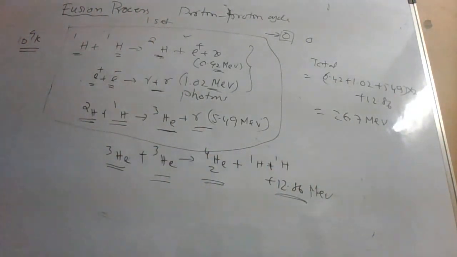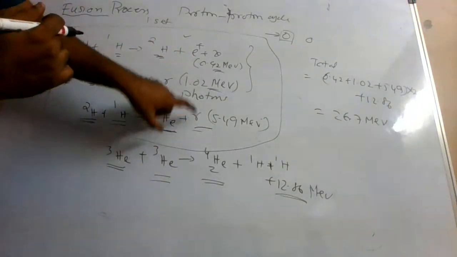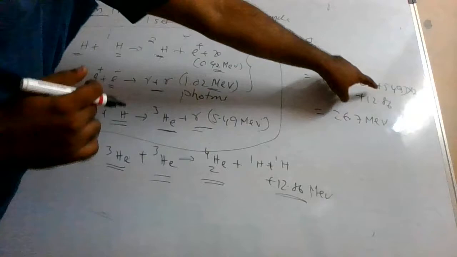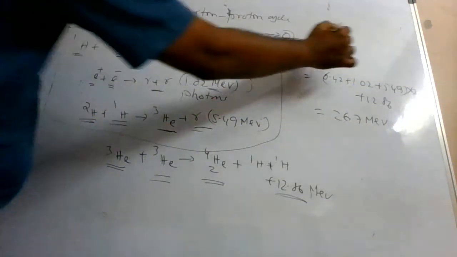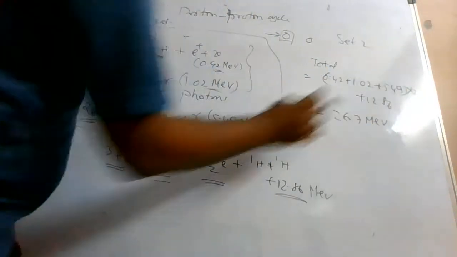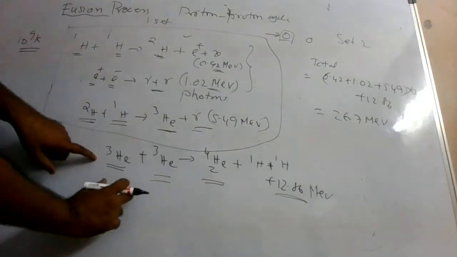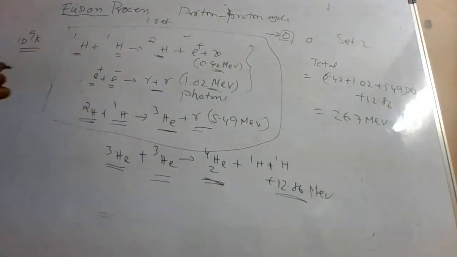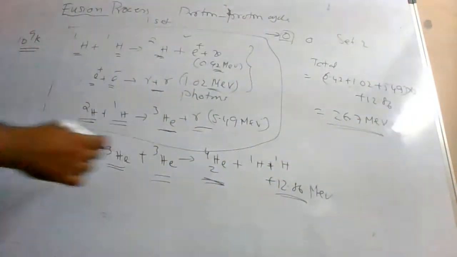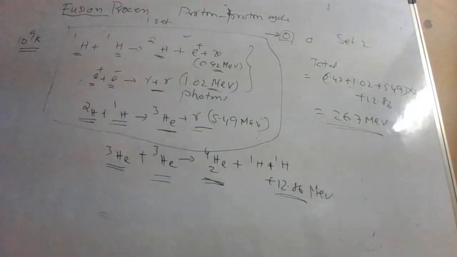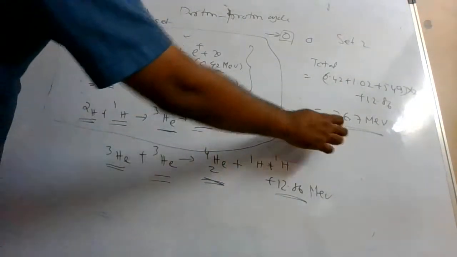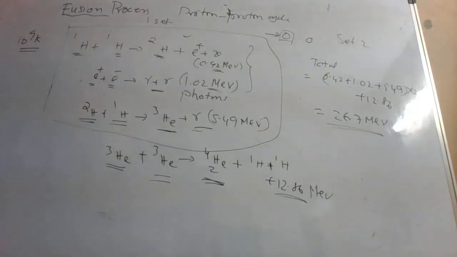So how much energy is released? Add these three, this one, this one, this one, multiplied by 2. Why? Because this is set 1, here you will have set 2, multiplied by 2, plus once you get 2 He3, you fuse them to get a helium. So how much energy in total do you get? 26.7 million electron volts. With one simple fusion process, you are getting 26.7 million electron volts. The energy obtained by a fusion process is much higher compared with that of a fission process.